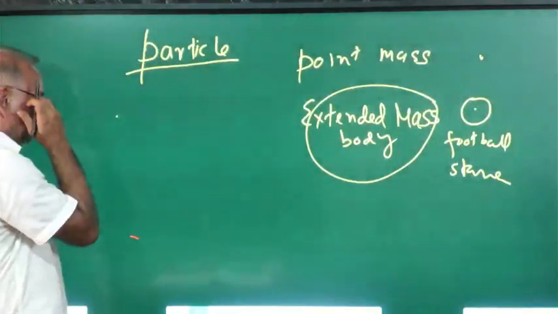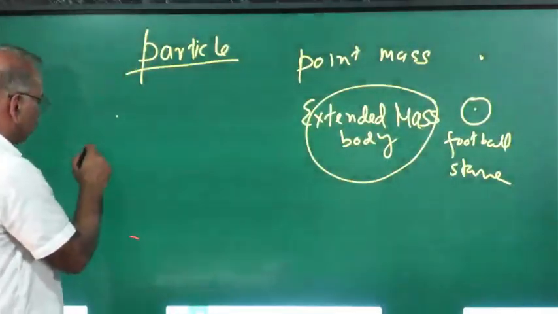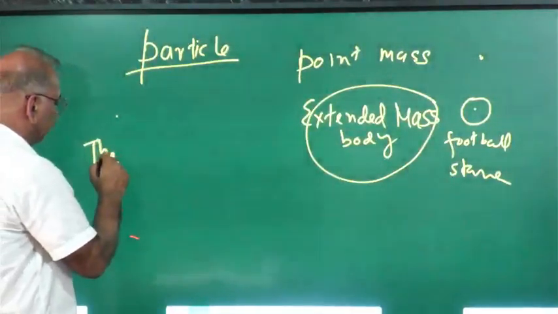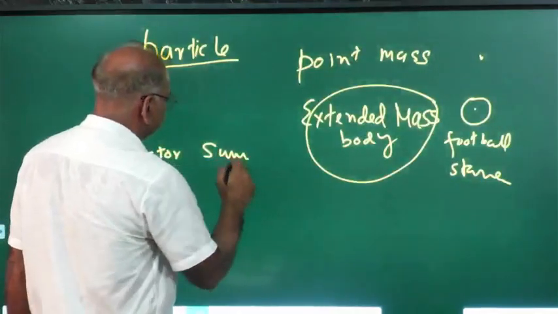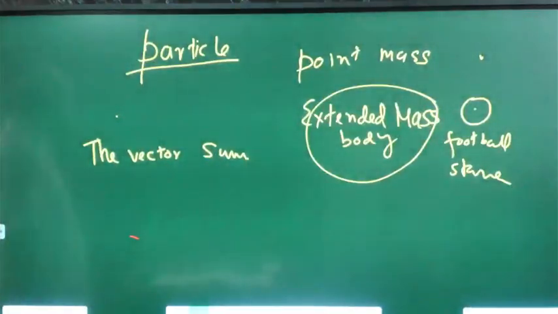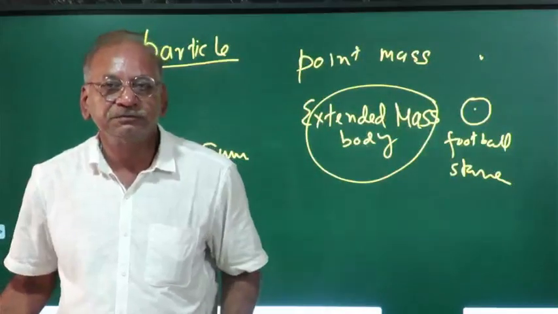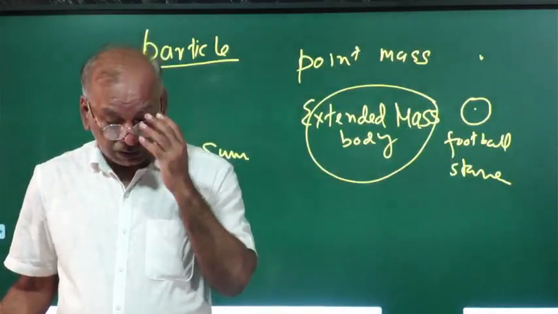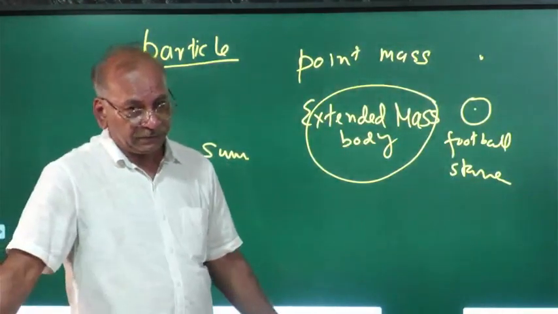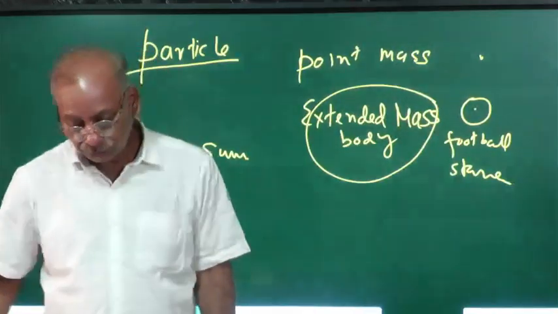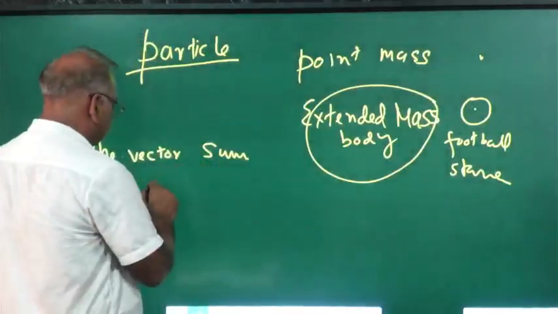if on any particle there may be more than one force acting on it, we have to take the vector sum. The vector sum means, you might have studied vector addition. In fact, vector addition and vector subtraction are there, and we have discussed it at length in our previous lecture. So it is telling the vector sum of all the forces acting on a particle, if it is zero,